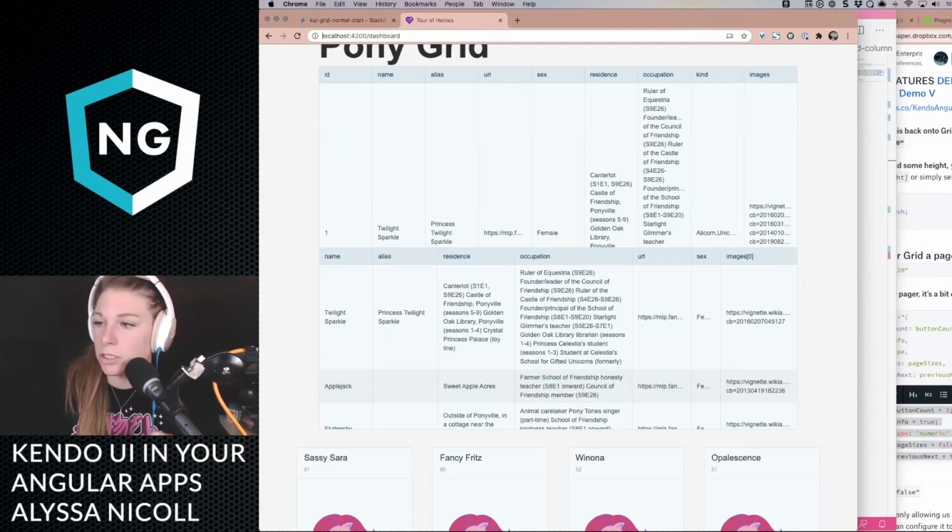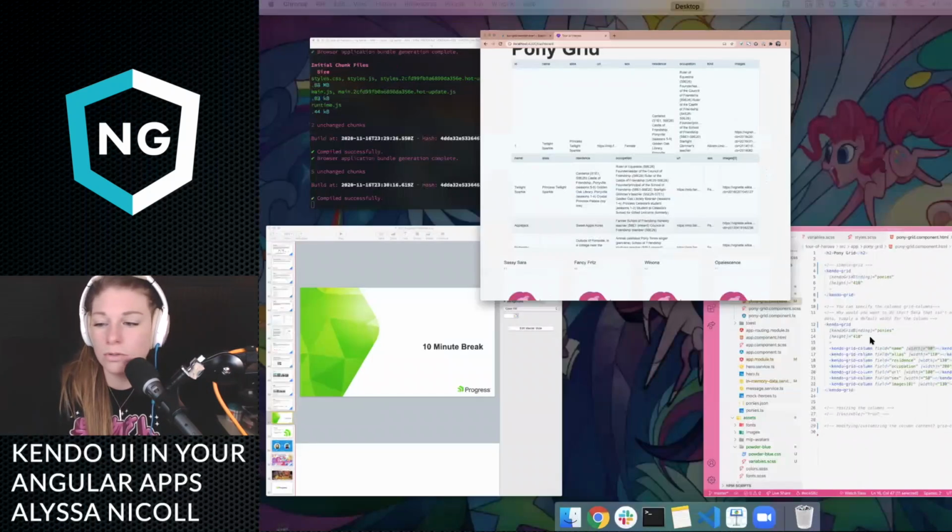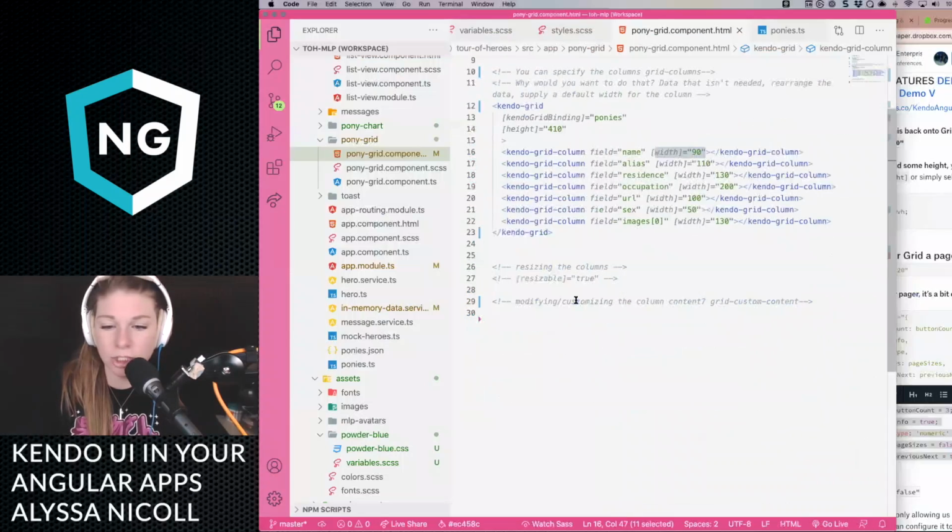I'm going to make sure I have the chat up in case anybody is talking about the grid. Oh, Carl answered: the grid and all of our data-bound components don't really care where the data comes from, local or server-side. However, we do have a sample that showcases how you can do server-side paging. He pasted the link in the chat, so check that out, Vivi, and anybody else who cares about such knowledge. I'm going to go back over to the code and chug right along.